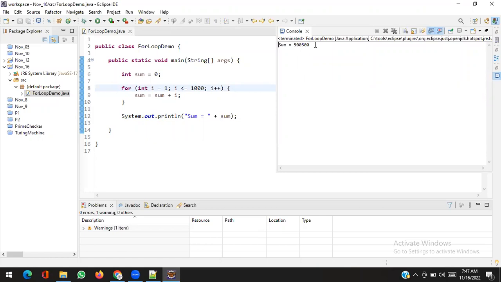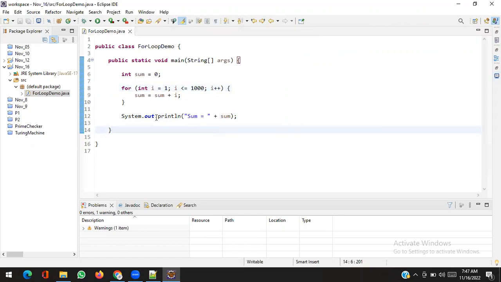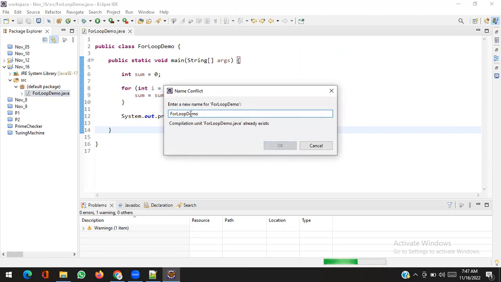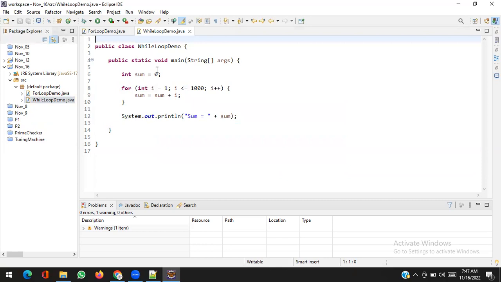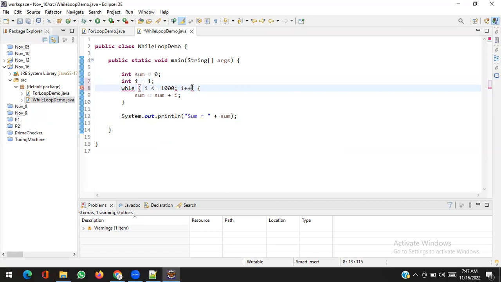Okay, anyone have any problem in this for loop? No. Very good. So now time to convert it into the while loop. Control C, Control V. The same program I will try to create using a while loop. So this is the while loop. In the while loop, what I will do, I will take the initialization part outside here, and instead of for I will use the while keyword, and again updation will happen, but inside the body,